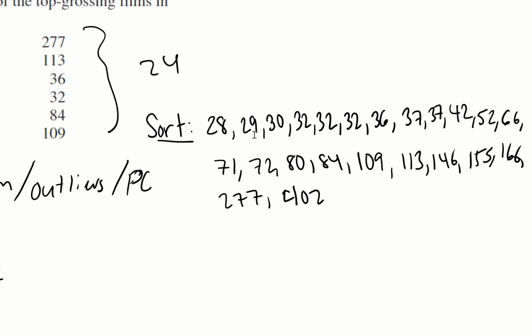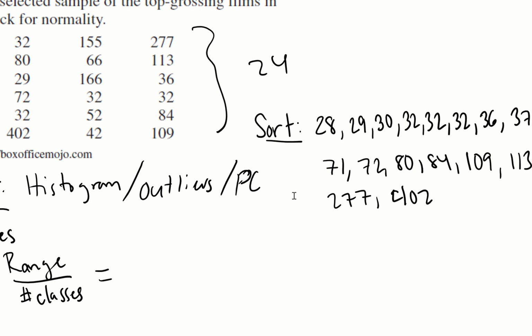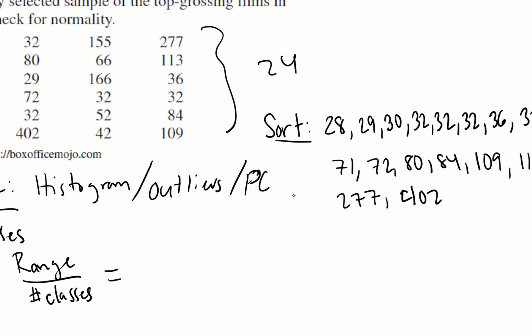All right, so we went ahead and sorted all the data points. We got 28 as the smallest and 402 as the largest. So now we are going to take the range, which is the maximum minus the minimum. So 402 minus 28, divided by the number of classes, 7. If we do that, we get